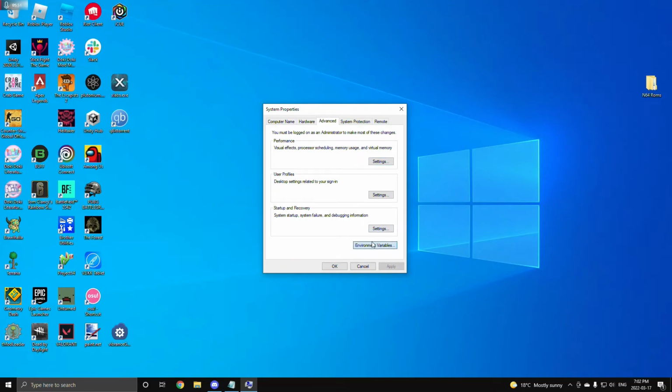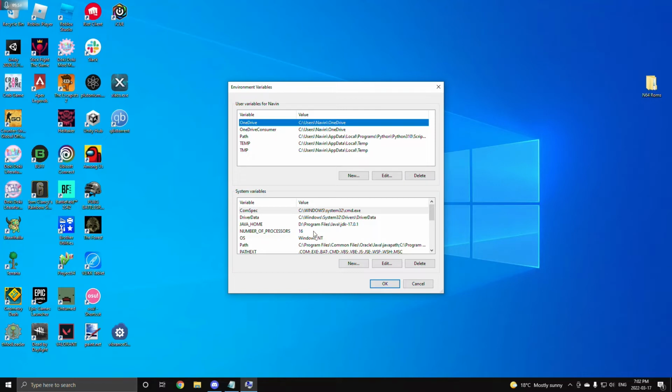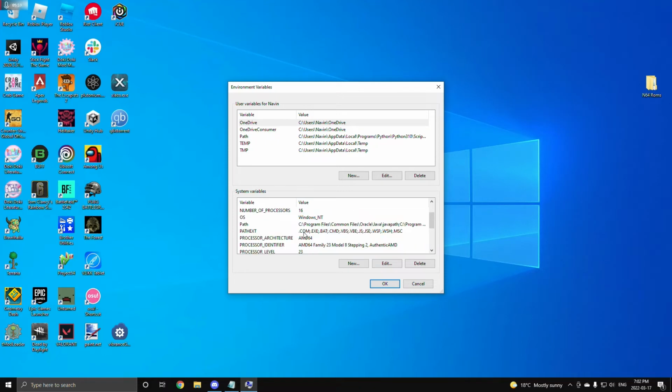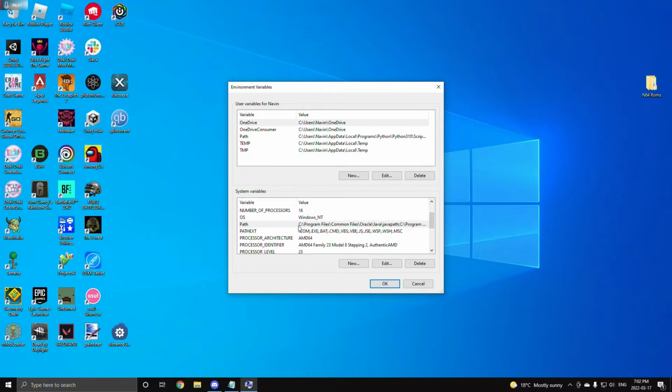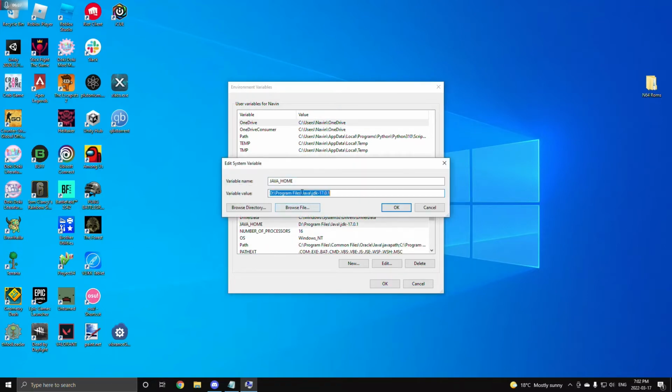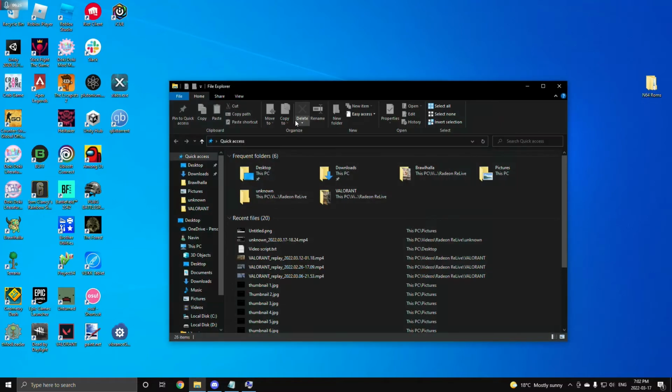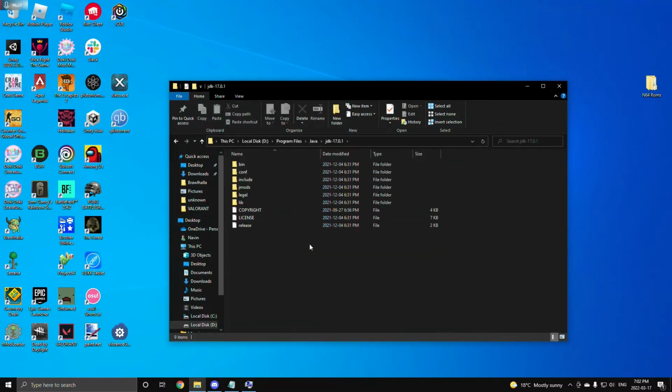So we go over here and click environment variables. Now there are two variables that we're going to need to set up: JAVA_HOME, and inside Path we're going to need to add the Java path. For the first one, you're going to want to click on new, and for the variable name, you're going to want to have JAVA_HOME in all caps, and for the variable value, you're going to want to have the Java Development Kit path. So if I just copy this and paste it over here, you can see this is my path for my